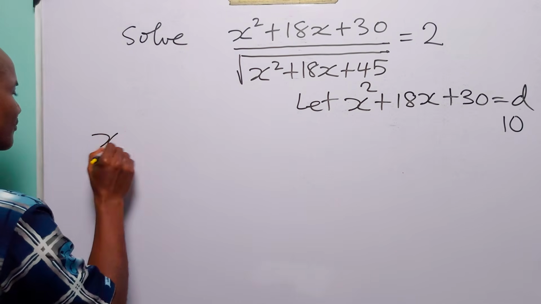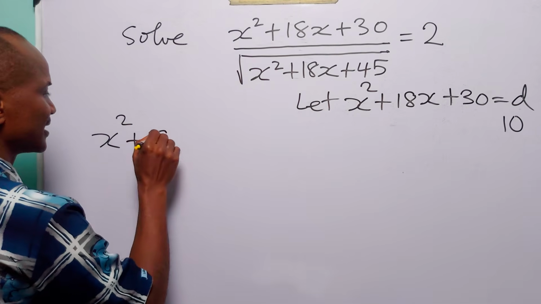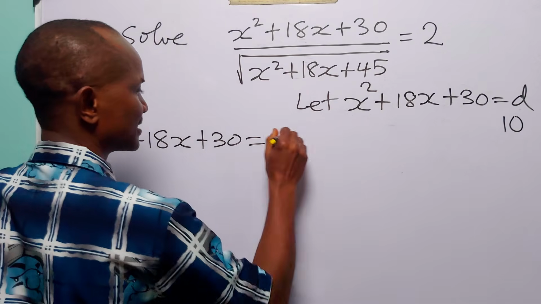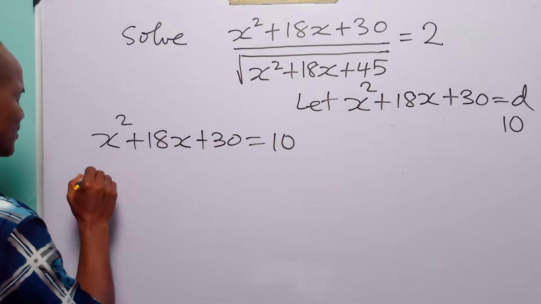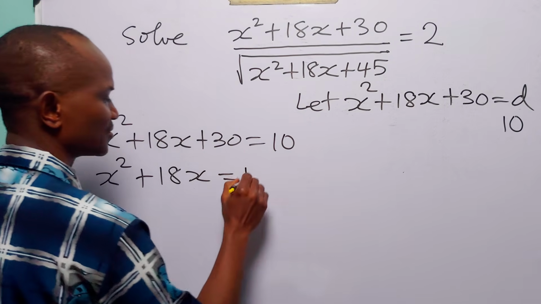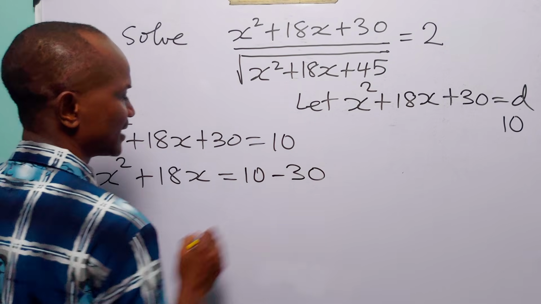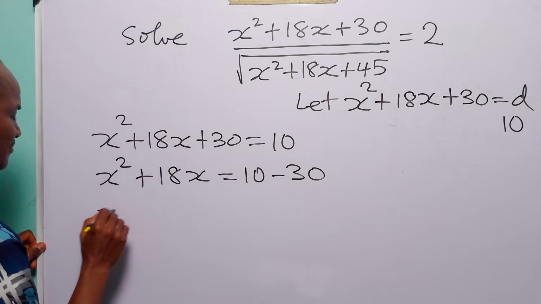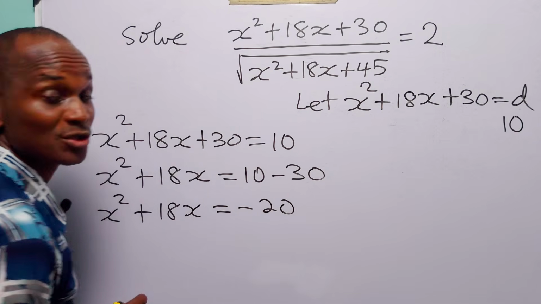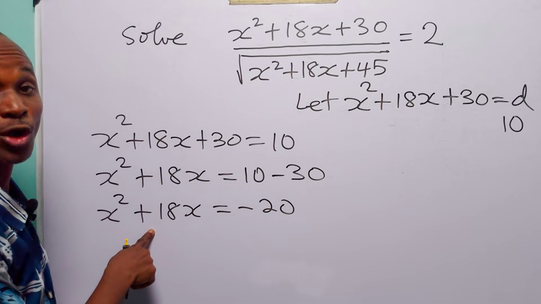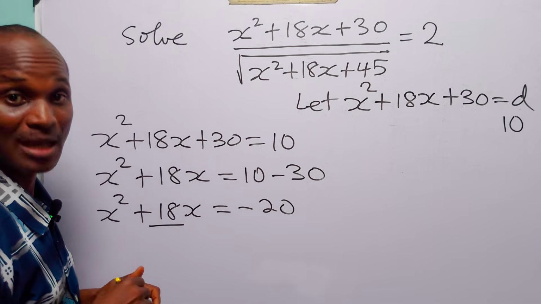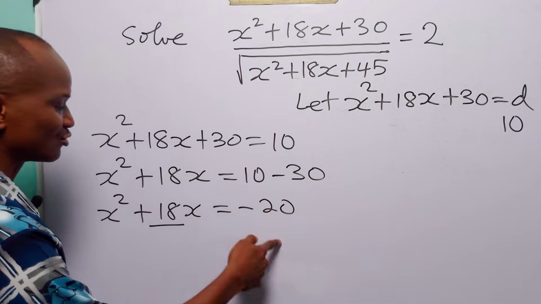We have that x squared plus 18x plus 30 is equal to 10. Rearranging this quadratic equation, we have x squared plus 18x is equal to 10 minus 30. From here, we have that x squared plus 18x is equal to minus 20. Now let us complete the square on the left hand side of the equation. To do that, we will divide the coefficient of x by 2, square it, and add to both sides of